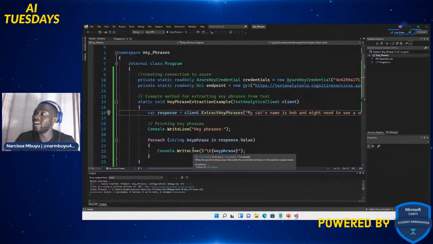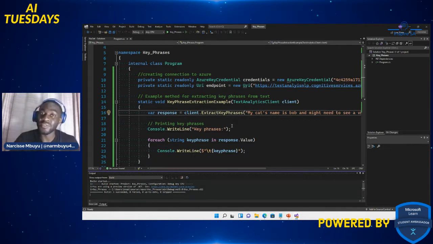Basically, as you make this simple application, you can use it for your assignment, you can use it for documentation that you need to analyze, finding what it's talking about. You can customize it using code, so you're not really limited as how you are on Azure. So that's the first thing, right?